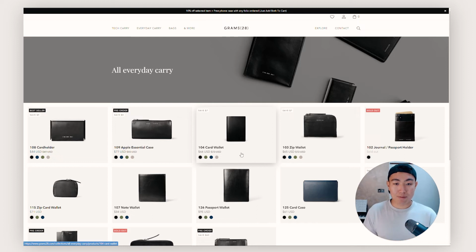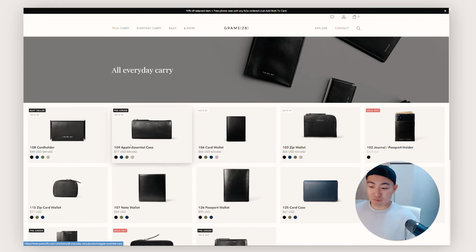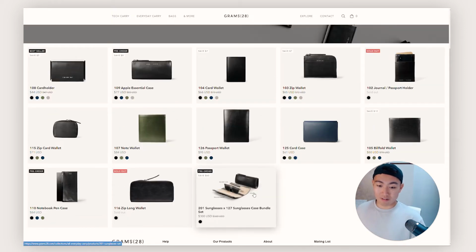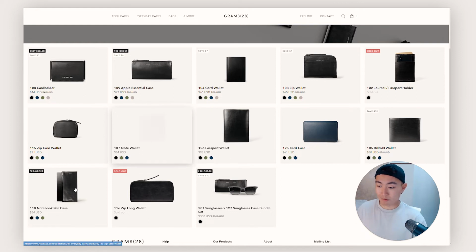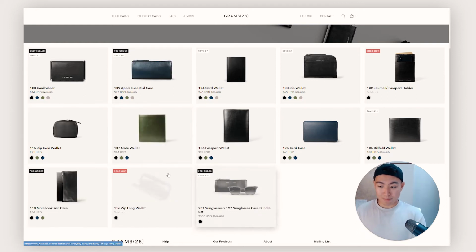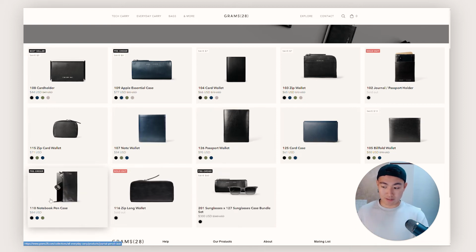However, what's going to happen most likely is they're going to pick something a bit cheaper, right? Because let's say they really, really like the sunglasses bundle, but obviously they're not going to buy 2 sunglasses, right? So they might settle for a pen case, and then they're going to find something else that's $84 as well, right? Same as a pen case, and they're going to get a note wallet for free, right? So what's going to happen is they're going to get the note wallet or the pen case for free because that's the same price, but you see how they've